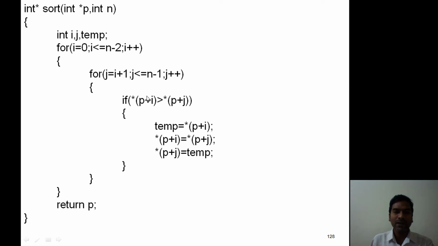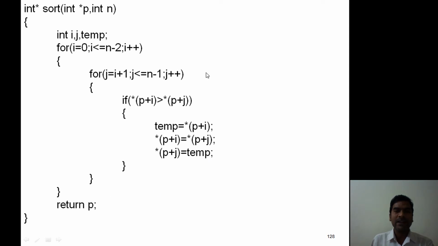Now we compare two consecutive elements: if asterisk of p plus i is greater than asterisk of p plus j, then interchange the elements: temp equals asterisk of p plus i, asterisk of p plus i equals asterisk of p plus j, asterisk of p plus j equals temp.